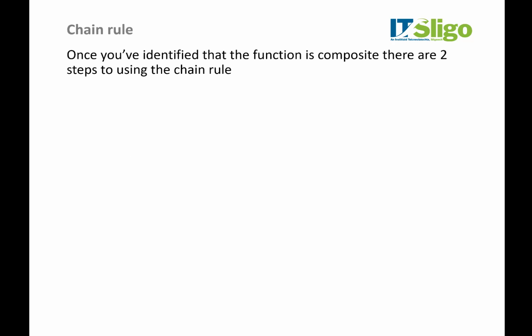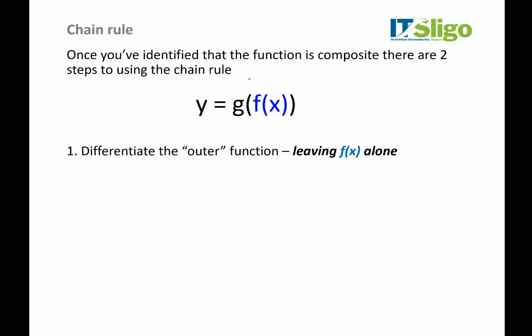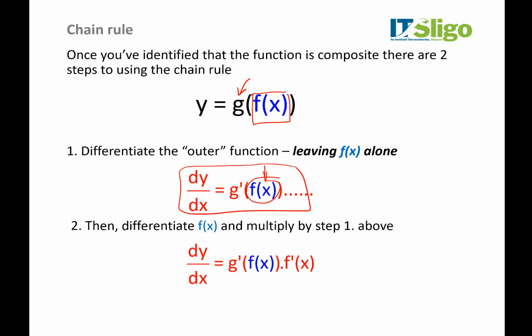So once we've identified that the function is composite, there's two steps to using the chain rule. The first step is differentiate this bit, the outer function, g, but leave f(x) untouched. That's your first step. So we differentiate g, but f(x) stays exactly as it's written in the problem. Then the second step is to differentiate f(x) and multiply it by your answer from step 1. So there's f(x), f'(x), that's the derivative of the blue bit, and it's been multiplied by